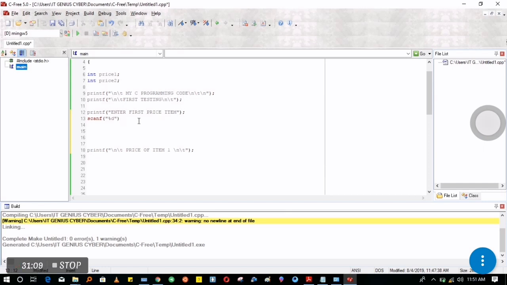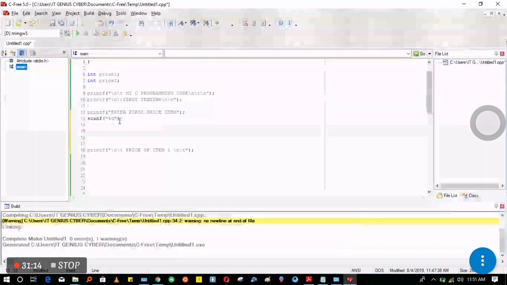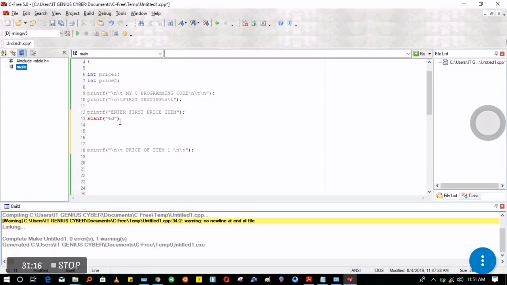I'm entering the first price of an item, but it's entered as an int. So I'll call out for %d, then I'll put a comma. After the comma, call for the price, or where you want to save whatever character you're going to put after this command. So I'll write the and, sorry for the background interference, and then I'll put